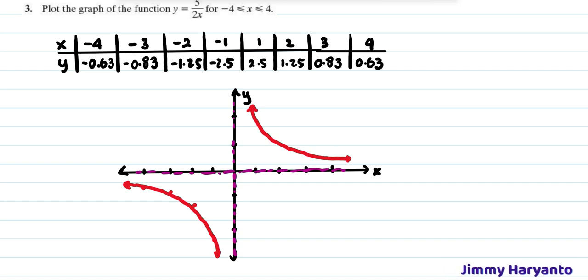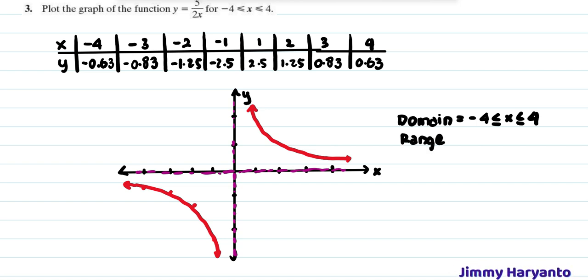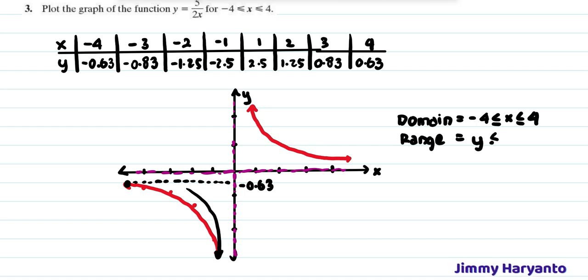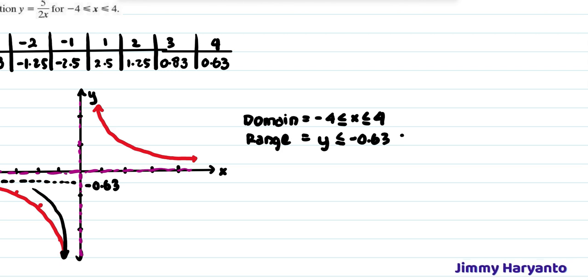we have to find the domain. The domain is already given in the questions, which is negative 4 less than or equal to x less than or equal to 4, and then for the range it will be starting from, how much is this, negative 0.63. This point is at negative 0.63, and then it's going down continuously. That means the first range will be y less than or equal to negative 0.63, and then the other range